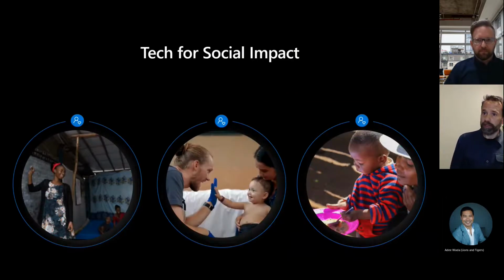We are a small engineering team within Microsoft Philanthropies called Tech for Social Impact. We work on accelerating nonprofit innovation and deliver solutions that help nonprofit organizations work more efficiently and amplify their impact. Our team delivers technology to nonprofit organizations, humanitarian organizations, and NGOs all around the world.